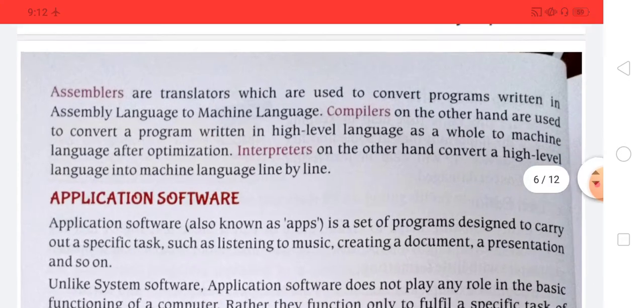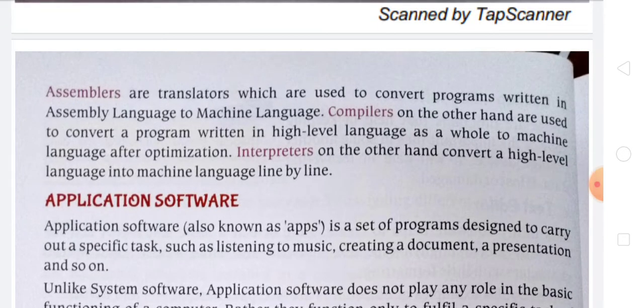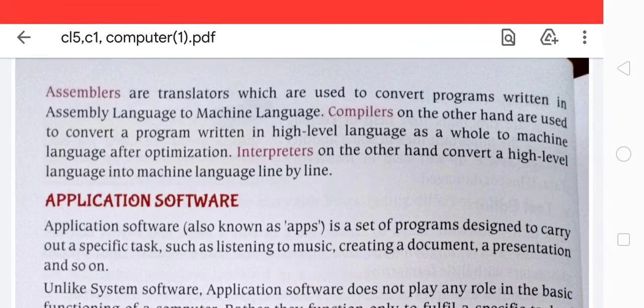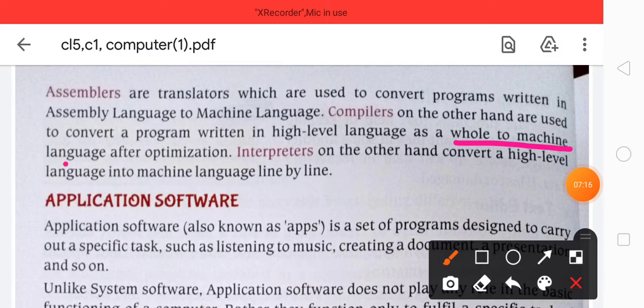Then we can talk about compilers. These are used to convert a program written in a high level language as a whole to machine language after optimization. Then the third one is interpreters.